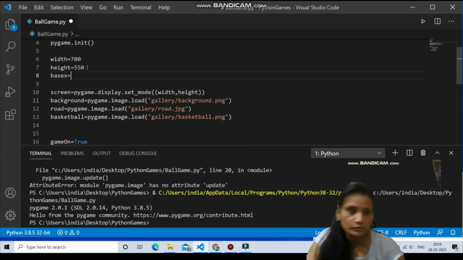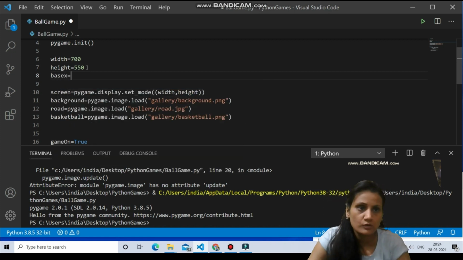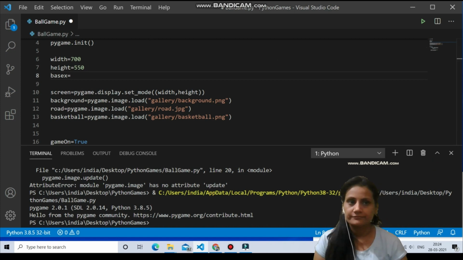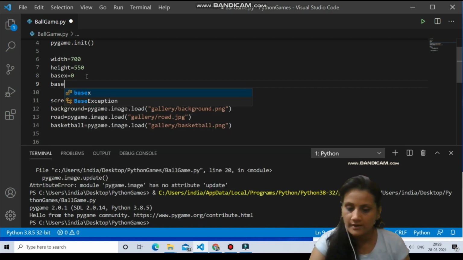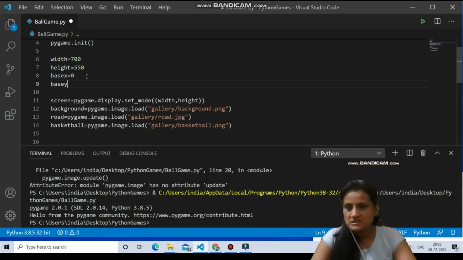Base x is equal to 0 always, because on the x side we don't have to change. I'll explain later on. So base x is 0, and base y means this is related to height. What height do you want here?